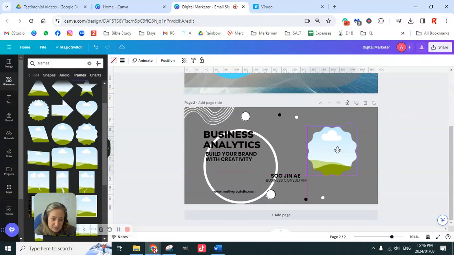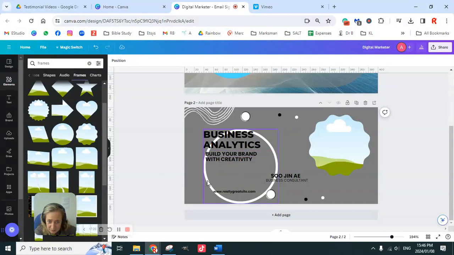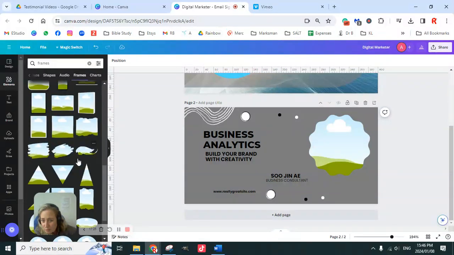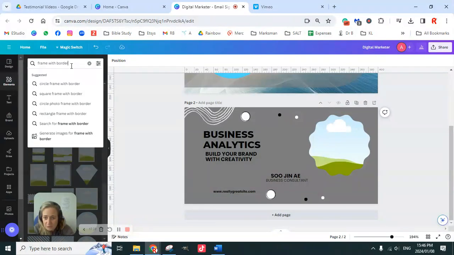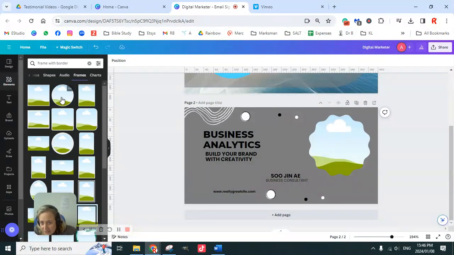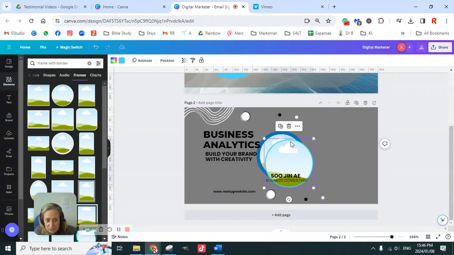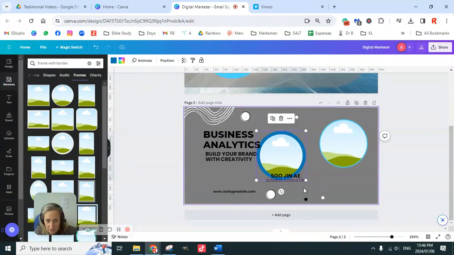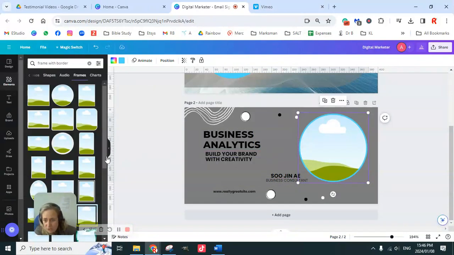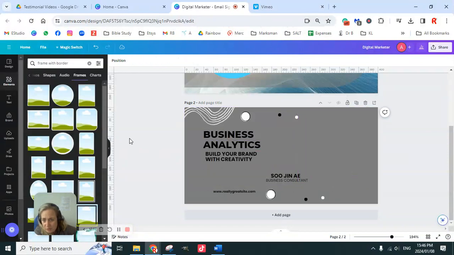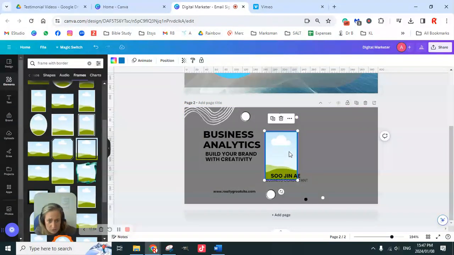So let's say for this one, I want a frame like this. Obviously then my circle is not going to work anymore. You do get frames that actually have their own borders attached to them. If you type in frame with border, it will give you all of those frames. There is a circle, for instance, that has already got a border, and there's a circle with a thinner border. I would probably choose the thinner border one. So there is our frame. Guys, you can choose many different frames, and for the sake of doing this, we are going to choose a